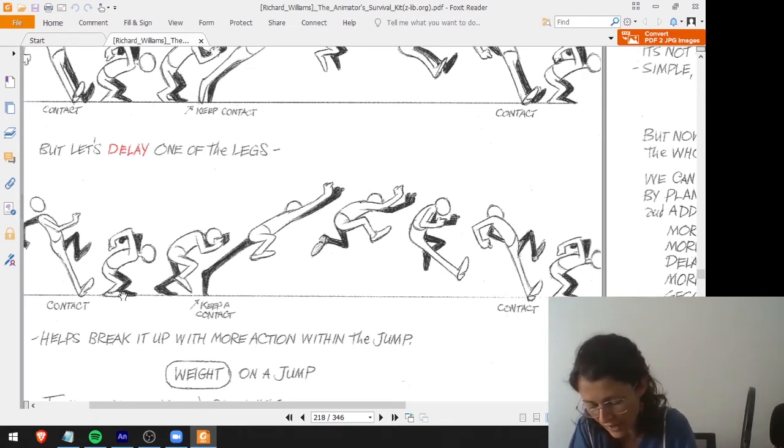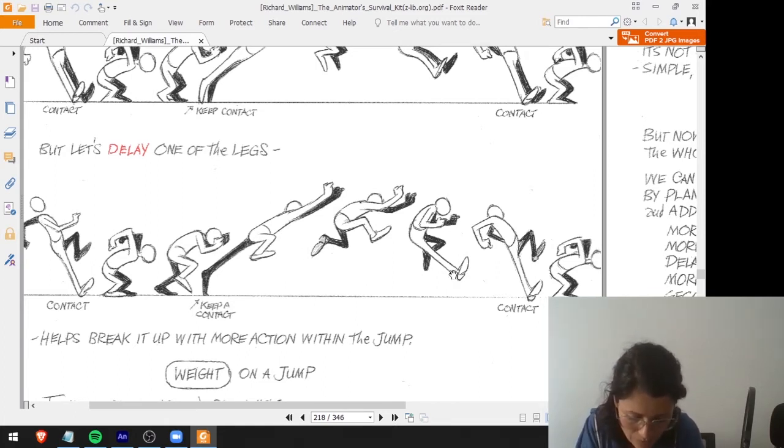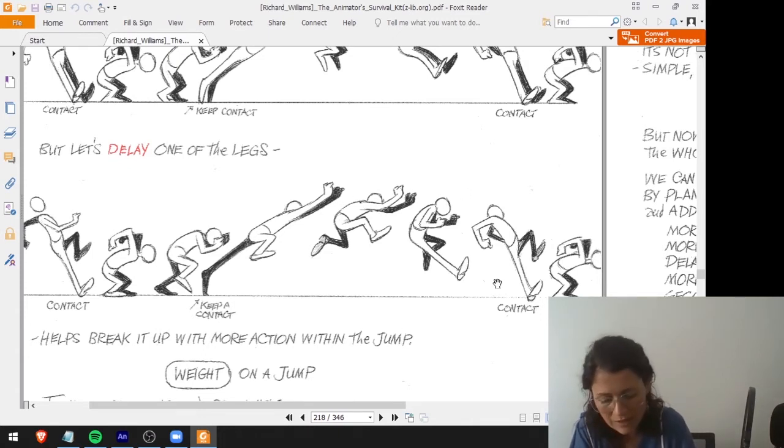So in this case here, we have both feet on the ground. And then when it starts to go up, notice that the right leg is already not touching the ground. And here, this one is all bent. And this one that is stretched is still keeping contact, and then it is always the right leg that is going in front, and the left one is delayed. Okay, so the right leg will be the first one to touch the ground, and let's make this approach instead of this one.